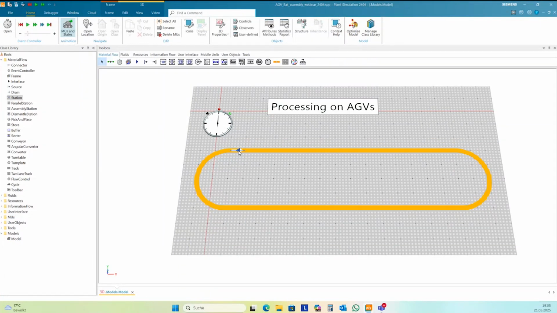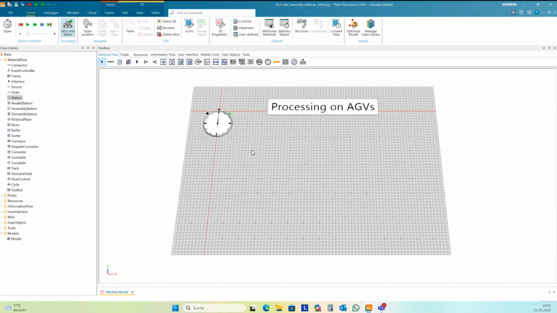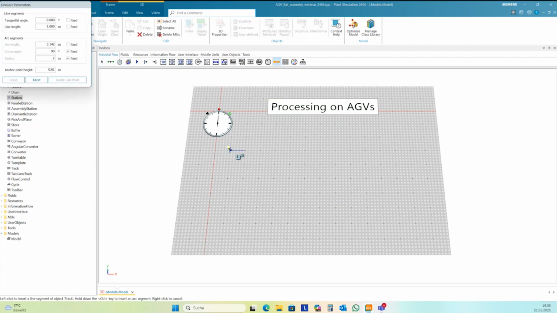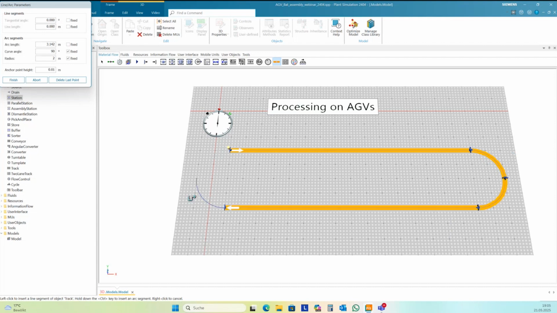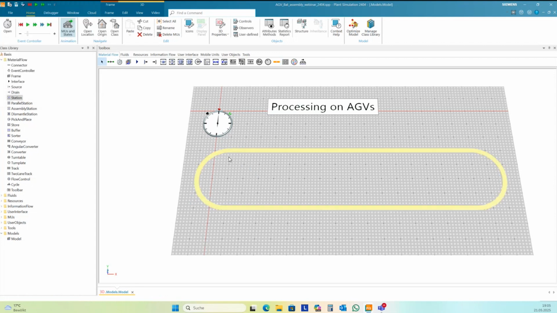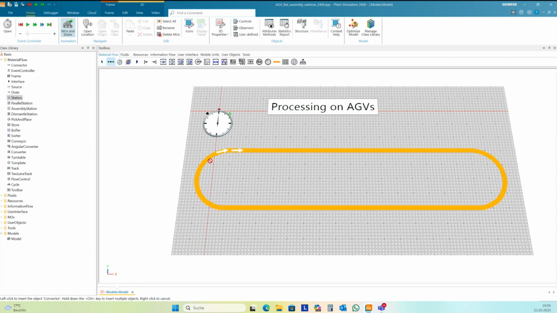Okay, I have here too much, start new. It's almost 1 click too much. Okay, create a round track. To create a curve, hold down the control key, and then you can create curves. And that's it.